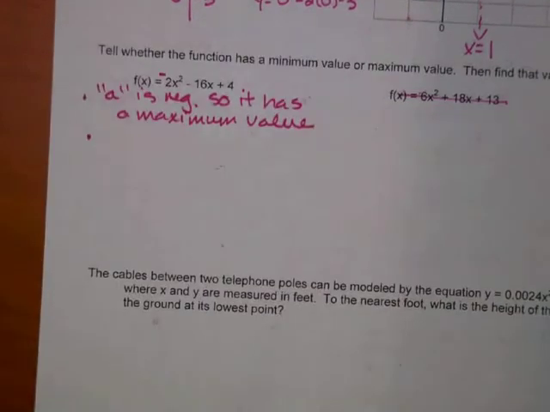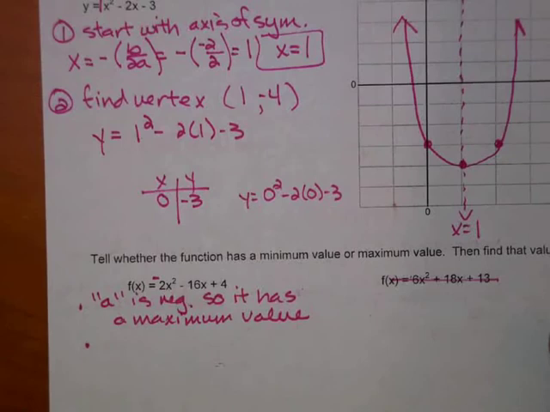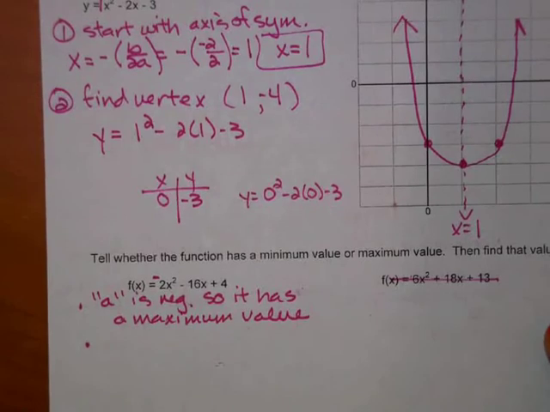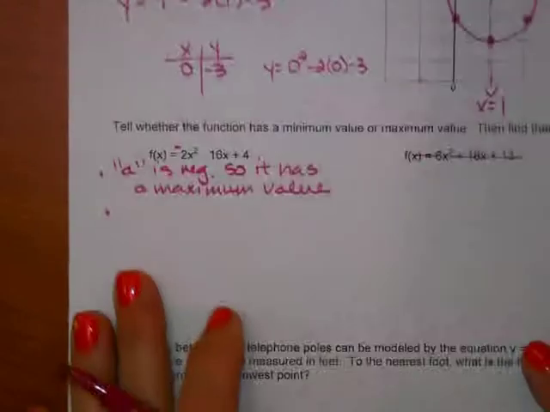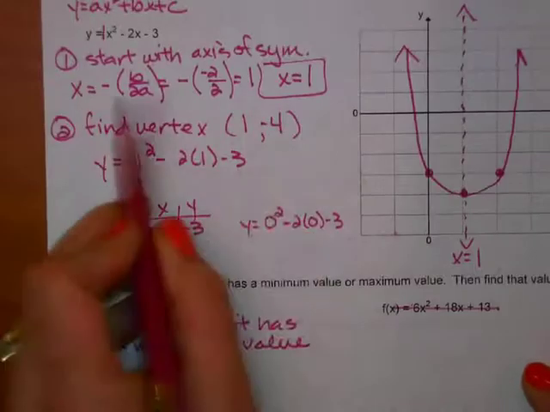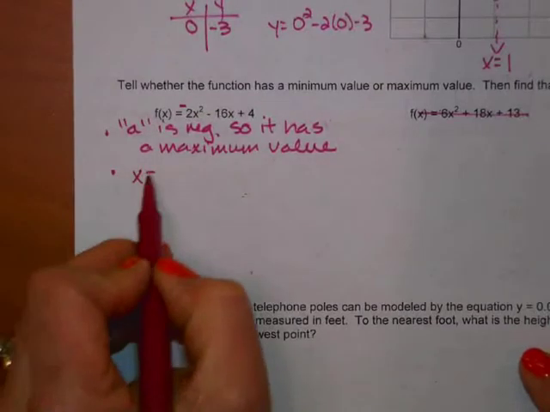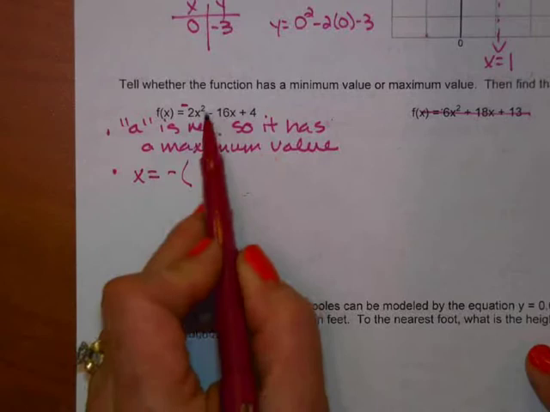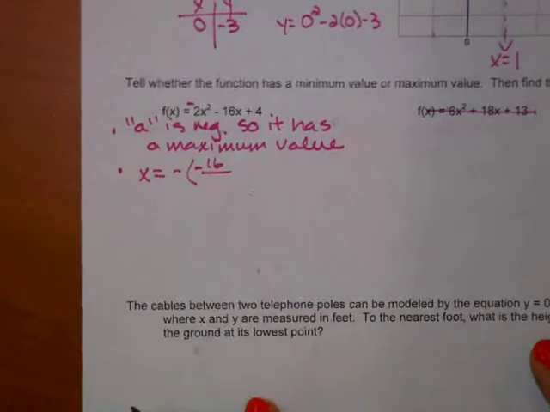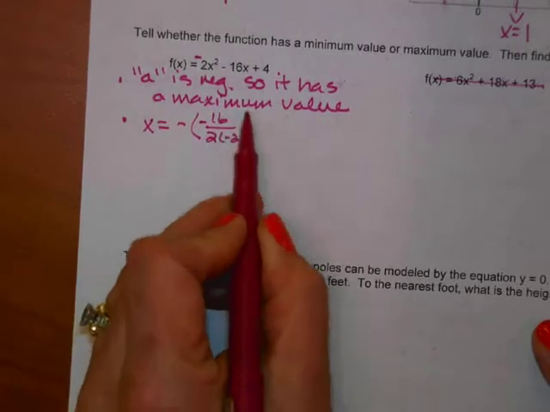And then we have to find that maximum value, and it's the y-coordinate of the vertex. So we have to go through these same steps to get the vertex. You have to find the axis of symmetry, which is the x-coordinate of your vertex, plug it in and get the y-coordinate. First we have to do this right here and get the x. So x equals negative, what's my b? 16. Negative 16